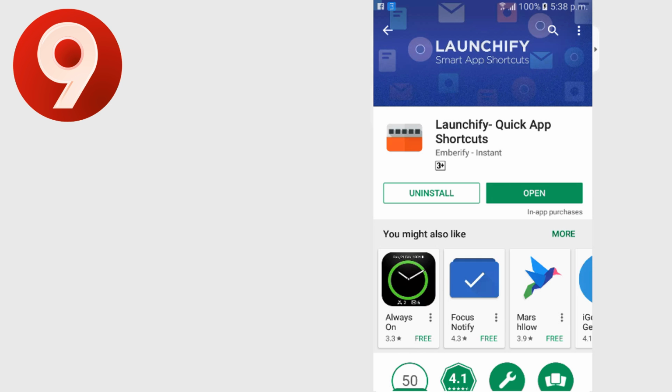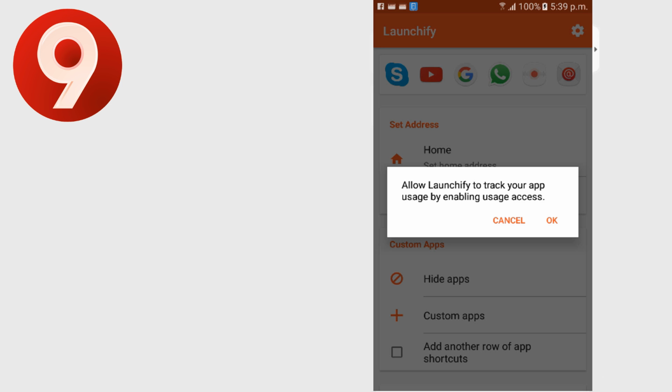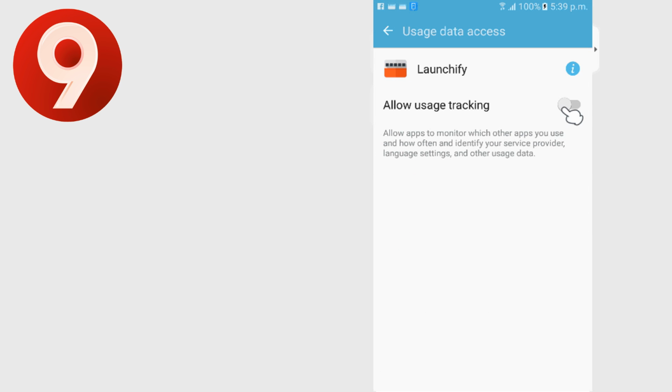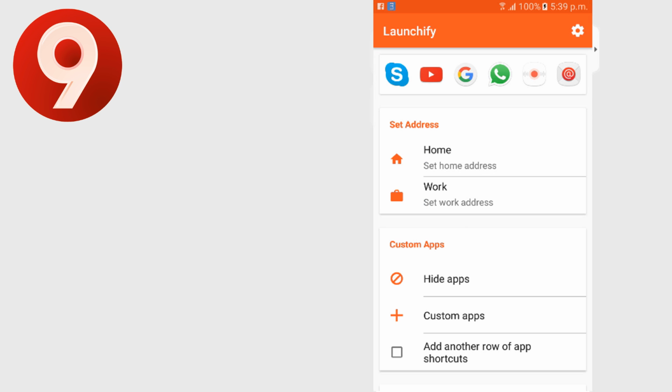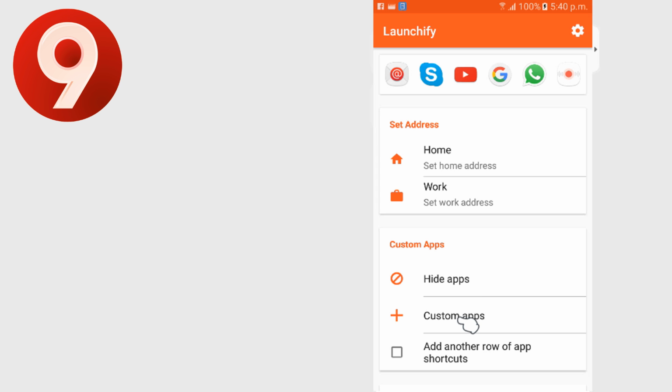After you open the app, Launchify will ask you to allow Launchify to track your app usage by enabling usage access. Click on OK. After this, you need to go to settings, which is located on the top. You need to enable the first three options, which are background tracking, notifications, and notification icon on top.